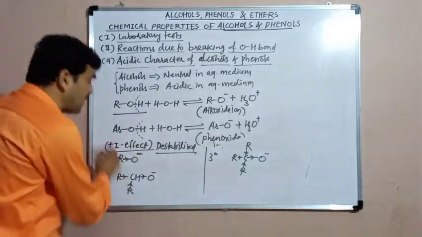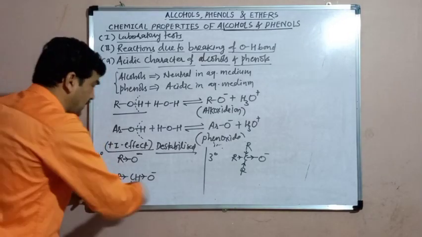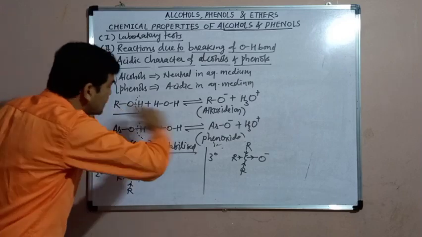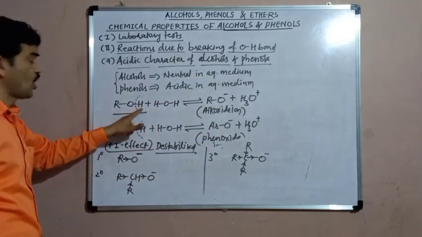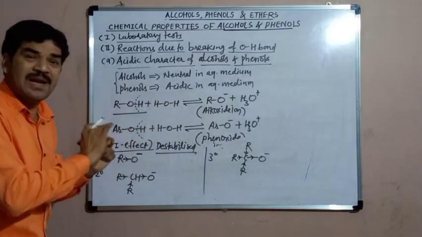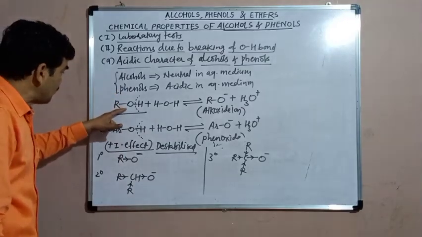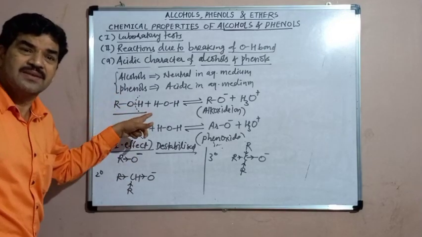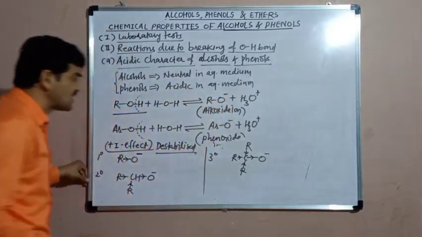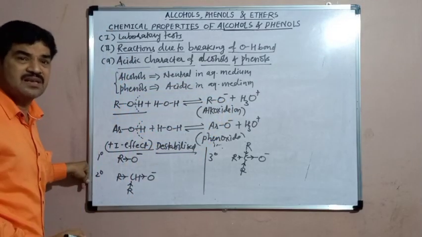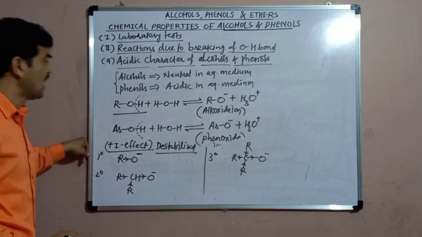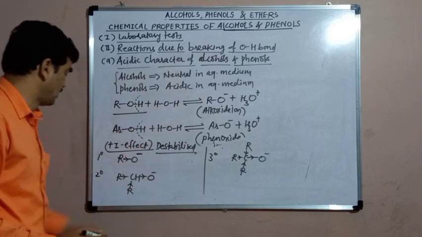And because of less stability of the alkoxide ions, the molecule of alcohol has a negligible tendency to lose the proton. Means the alcohol ionizes to a negligible extent. Almost it has no tendency to undergo ionization. And why does it have no tendency to undergo ionization? Because the resulting alkoxide ions are destabilized. They are very unstable. And because of that, the alcohols have a very little tendency to undergo ionization. And because of that, they are almost neutral.